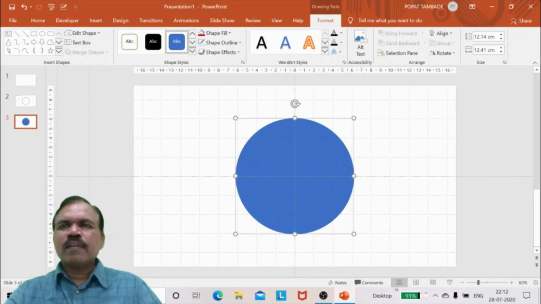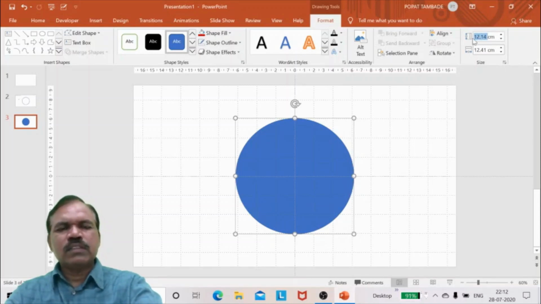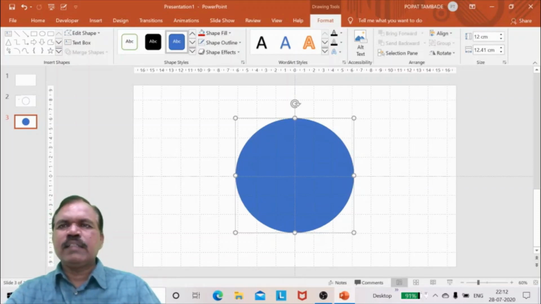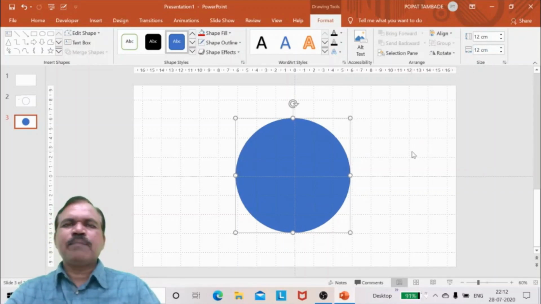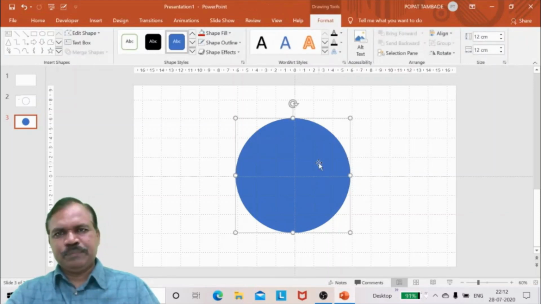And here take the height of that circle as, suppose we take 12, 12 centimeter height and 12 centimeter width. So now it is a perfect circle of diameter 12 centimeter.